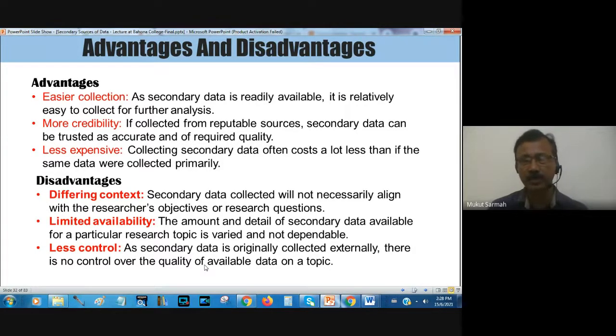As I have told you, it is not feasible to make a survey of the whole population and gather data. There are some government organizations that conduct studies and put their records in some sources. If we can understand what those sources are, we can collect information and make use of it. So sometimes we can find more credibility in secondary data. Without that, we cannot start our study. And this is less expensive also. If we have to do an extensive study,